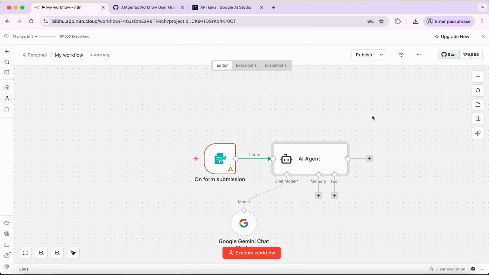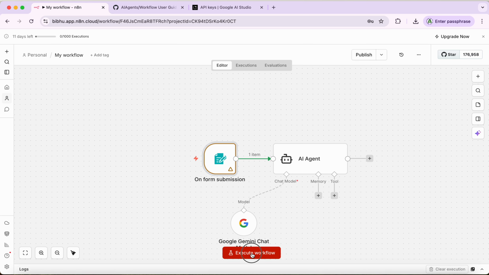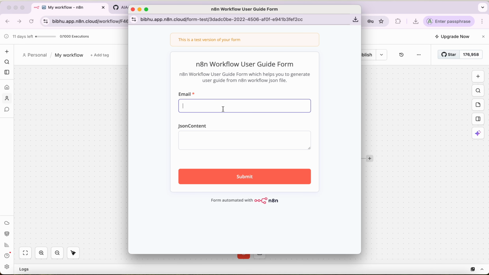Let me execute this one more time so that my JSON content will update. One second. Execute the workflow. I'll give any name just for the time being, because anyway it is not sending the email now. Then for my JSON content, you can provide any JSON content